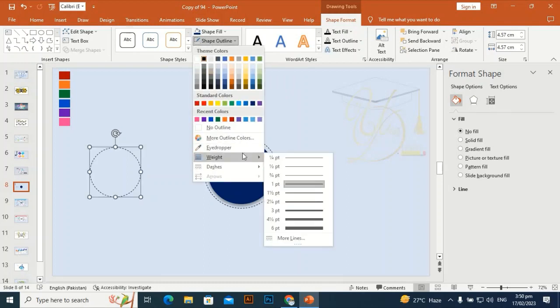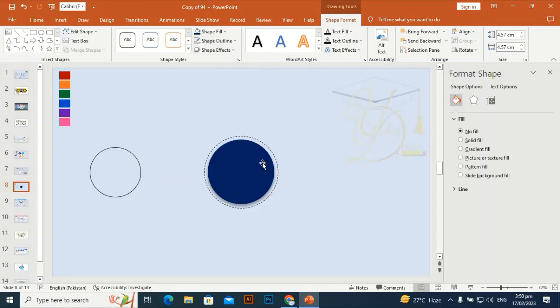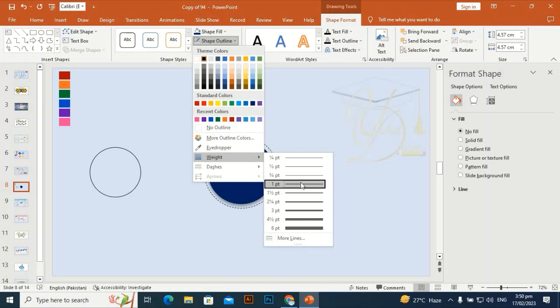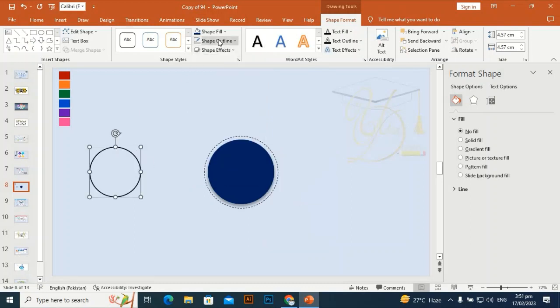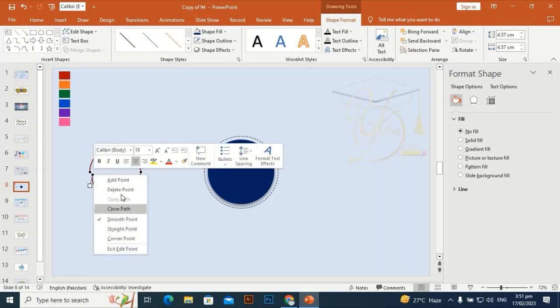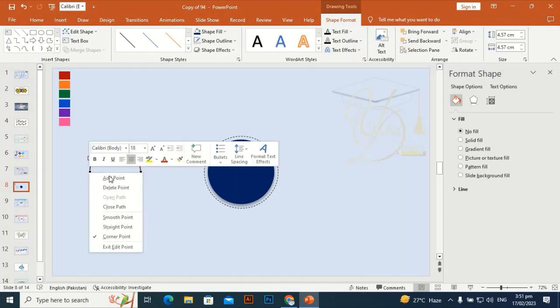and shape outline, and I'm going to make it this one, and shape outline and make its width to, I think so, 2 and 1/4 will be okay. Okay, edit shape and going to edit points, select this anchor point and right click, open path. Yes, and select this anchor point, delete this one, and this anchor point will be also